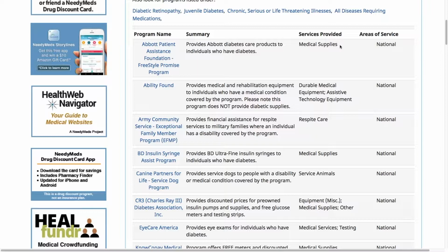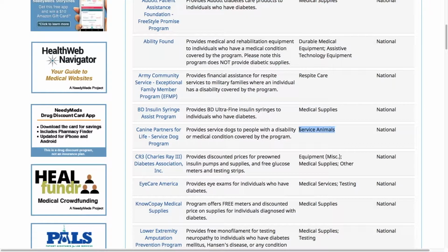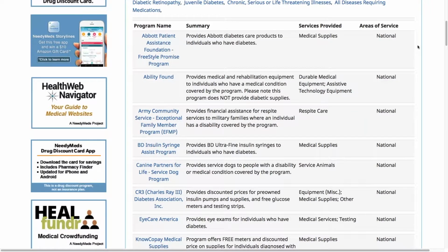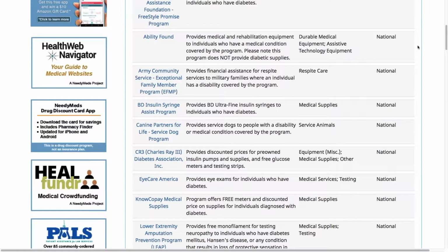And as you can see, they do vary. A lot of times they offer medical supplies, but they do vary. For example, this one offers durable medical equipment and assistive technology. This one offers help affording respite care. And this one will hopefully help you get a service animal if need be. The area of service on the right-hand side lets you know where you need to reside in our country to be eligible. And the right-hand side will always have the national programs listed first, and then the state programs listed